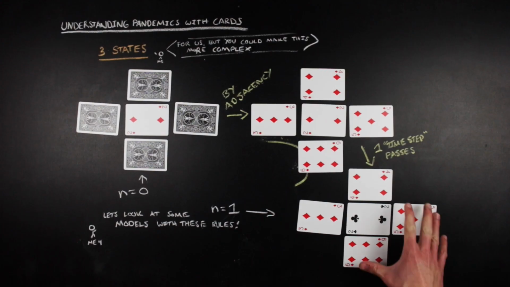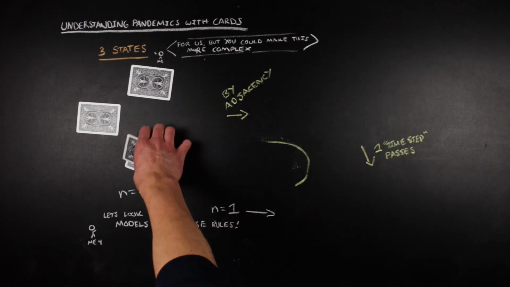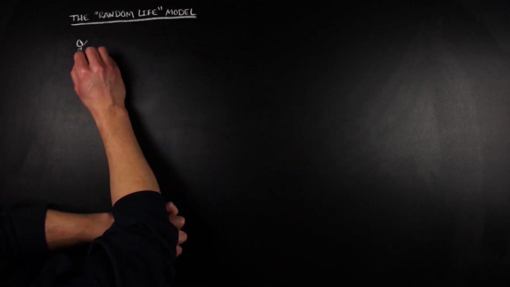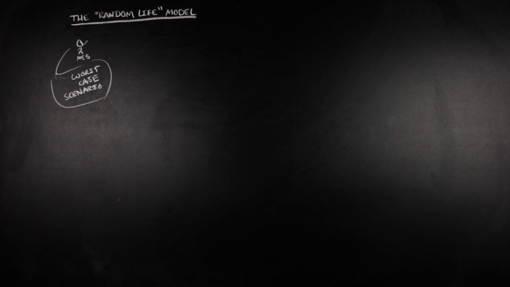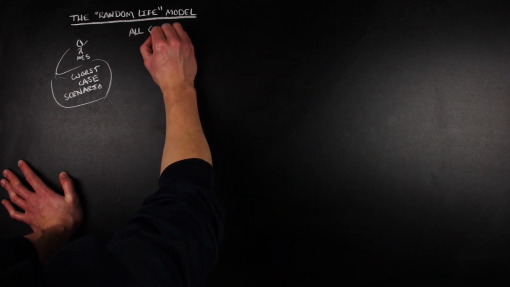So the first model that we'll investigate is called, or I guess I'll call it, the random life model. And so in this model, we don't assume anything about the infected persons. We also don't assume anything about non-infected people. So basically what happens is that after every time step, all of the cards get shuffled and laid back out